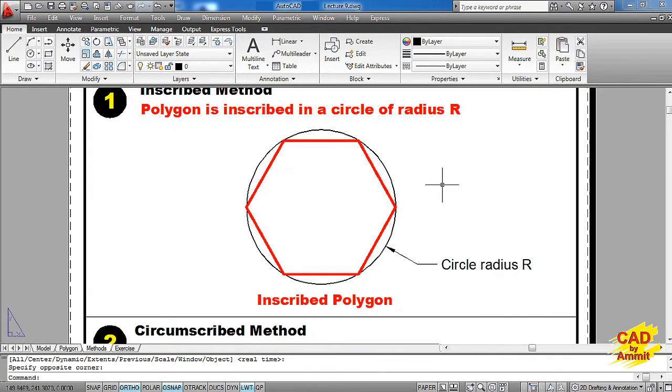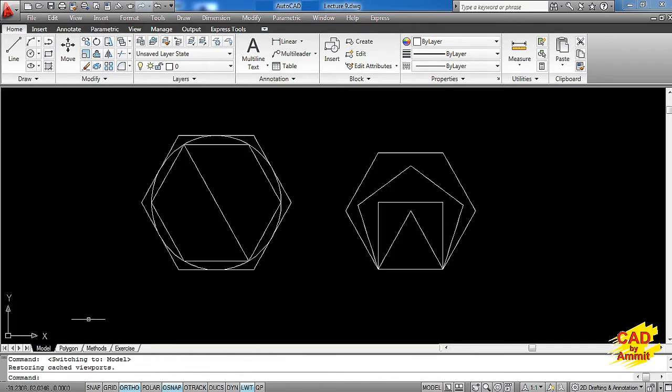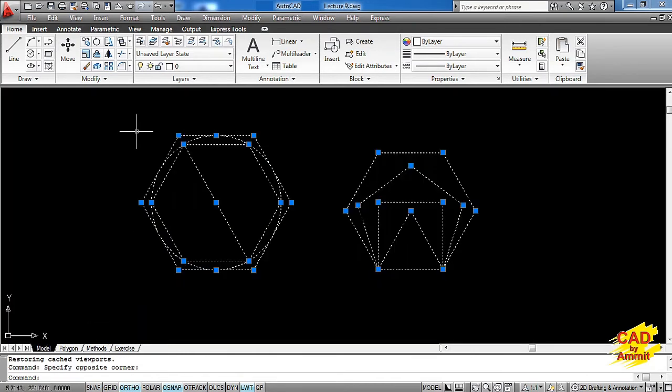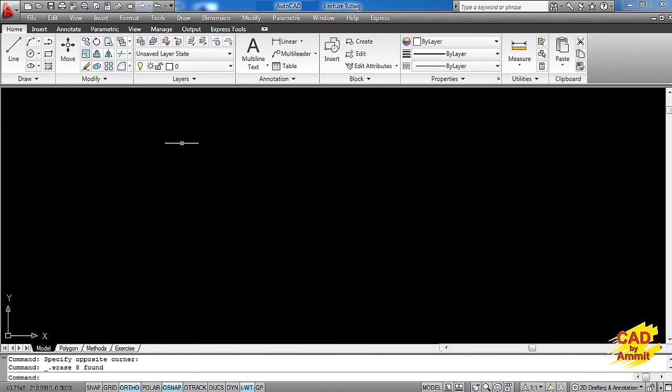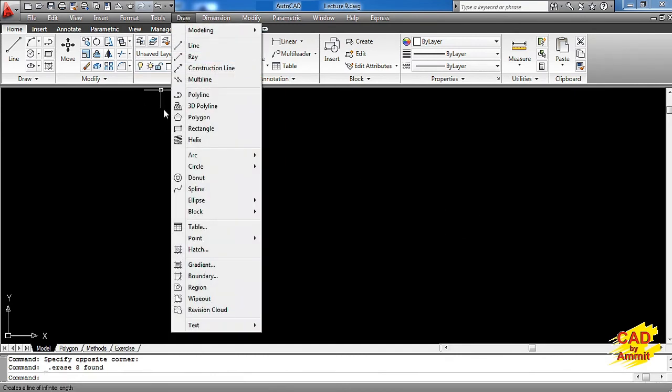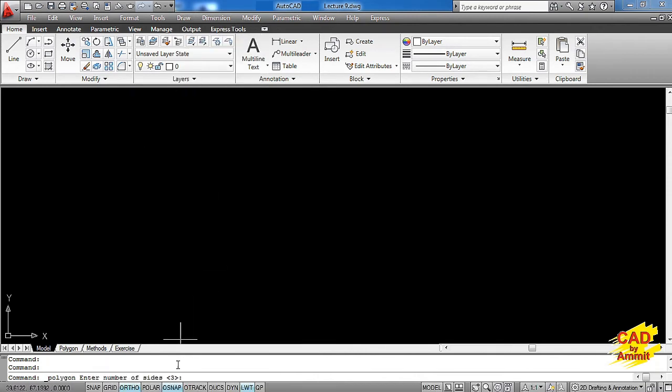Here I have created one hexagon which is inside the circle. So let's go to the model space and make a polygon. I'll go to the draw tab, friends. I'll come to the polygon command. First of all, software will ask for the number of sides. Supposing I want to make a hexagon, I'll say 6 as the number of sides.